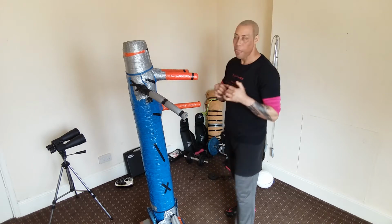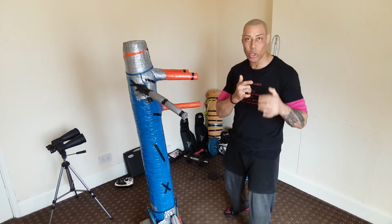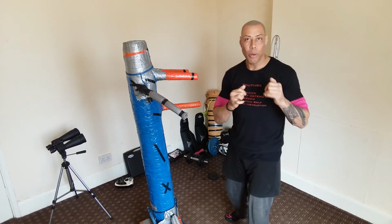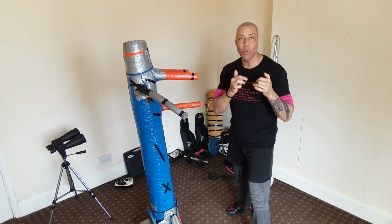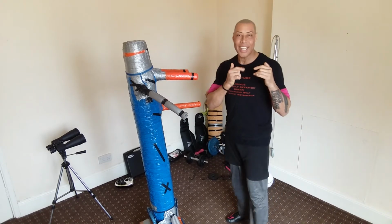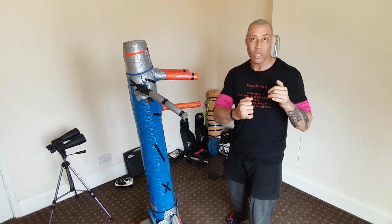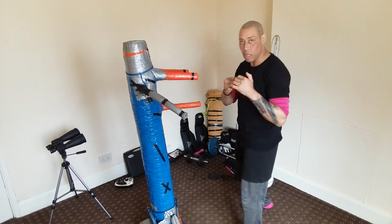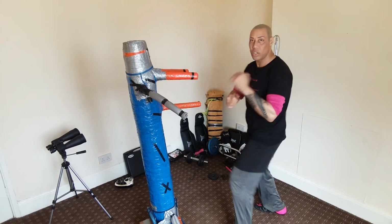This technique, however, is designed for you to anticipate what's coming in. When you watch boxers and there's the jab, cross, and moving and all this, this is what you have to think like. You have to be anticipating the jab. So when you're training with your students, you've got to anticipate the jab. So the jab comes in, and you just...